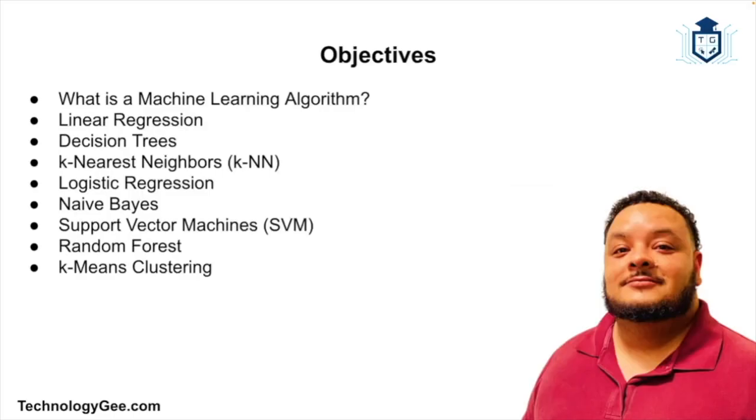All right, so let's be real. When you hear the words machine learning algorithms, you might picture some super complicated code, a chalkboard full of math formulas, or a robot plotting world domination. But here's the thing. Machine learning algorithms don't have to be scary. In fact, they're more like tools in the toolbox. And once you understand what each one does, when to use it, and how it works, at least at a basic level, you'll realize they're actually pretty intuitive.